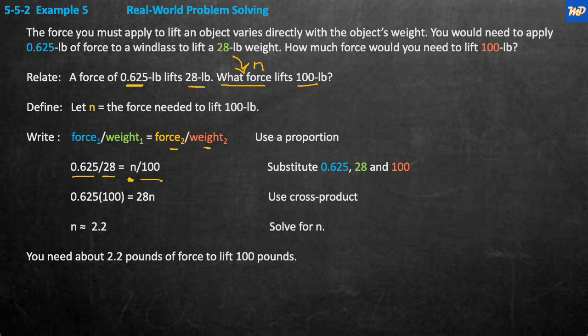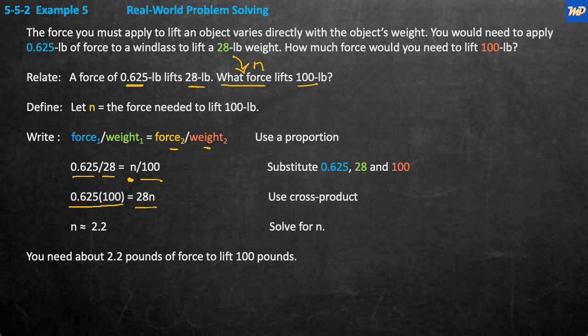That's the second piece of this, and we're solving for N. In order to do that, we're going to cross multiply. So we get 0.625 times 100, and that's equal to 28 N. So when you do the math, that ends up being about 2.2